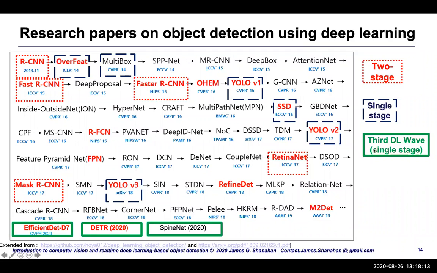And then I have this third category, which I call the third wave, or the new wave of approaches, which have come about over the past, say, 12 months or less, maybe 6 to 12 months. And here I highlight efficient depth and detection transformer, DETR. And so these are some of the approaches that we're going to cover. And so this is why you should stick around and maybe figure out what are these approaches and how are